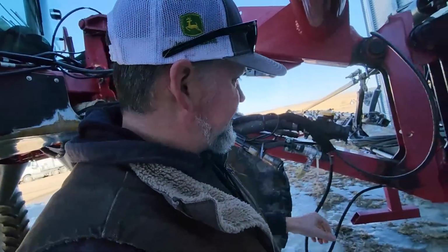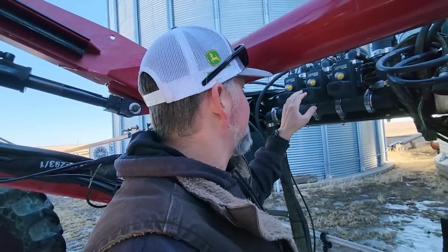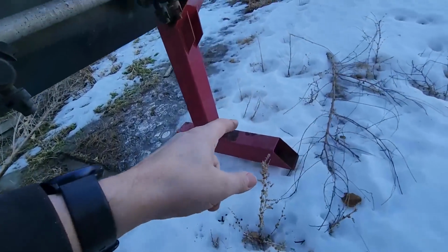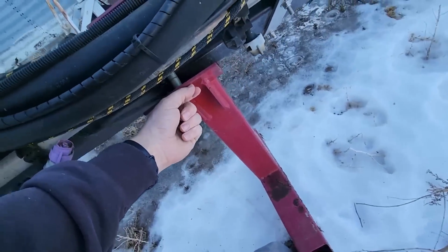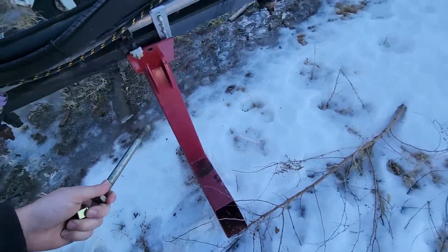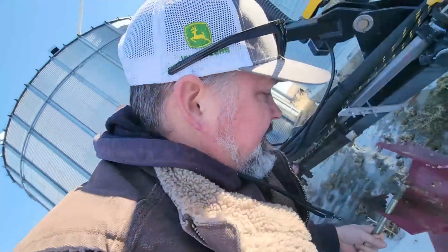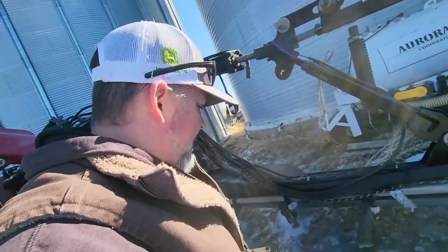So yeah, just hook this stuff up, and then we'll get back to the shop and put some zip ties on it to button it up, tighten things up, and then go through and try to run through all the controls. Oh yeah, we got to take these feet off, which is fairly easy. Boom, it's off. Just like that. Not very complicated stands that work very well